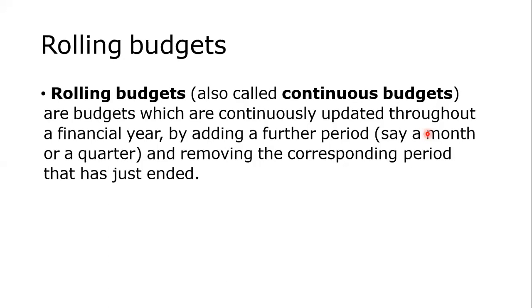Then fixed, I've explained, is a budget which doesn't change. Flexible is an adjustment done on the fixed budget subject to the level of activity changes. And then there is this other budget. ABB is a budget extracted by adapting the concept of the activity-based costing system. And those have been set.